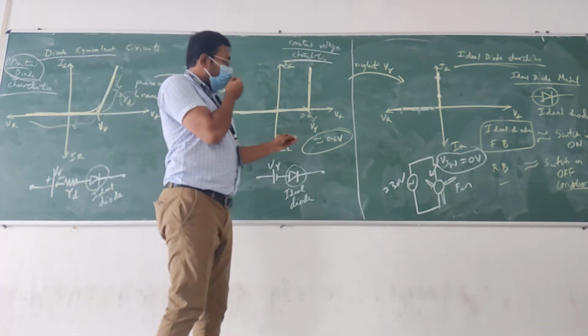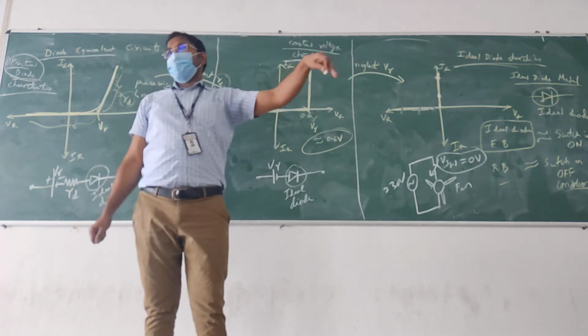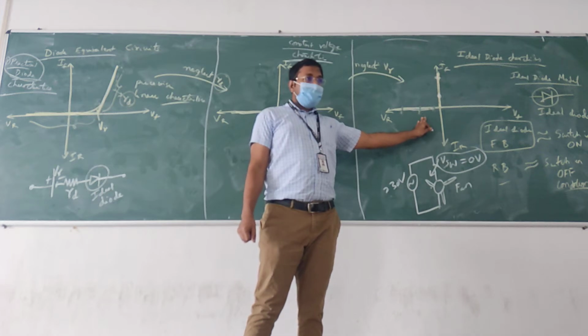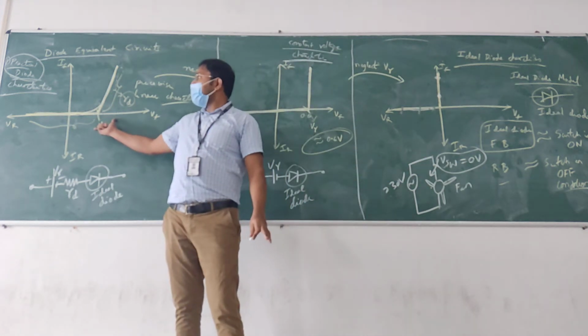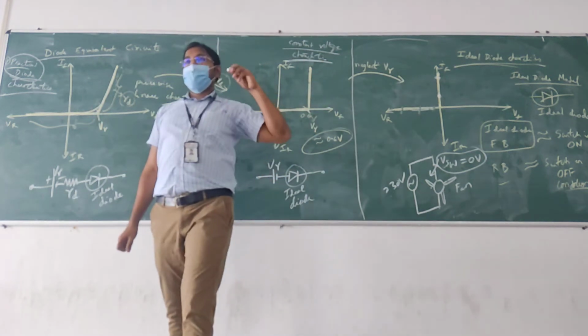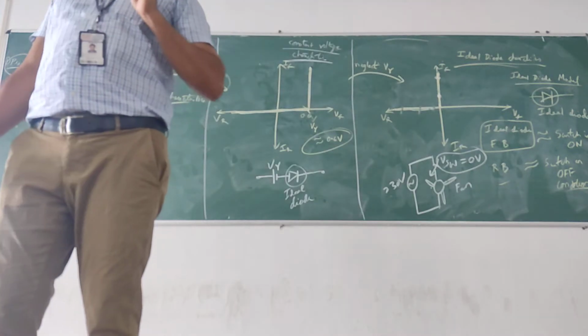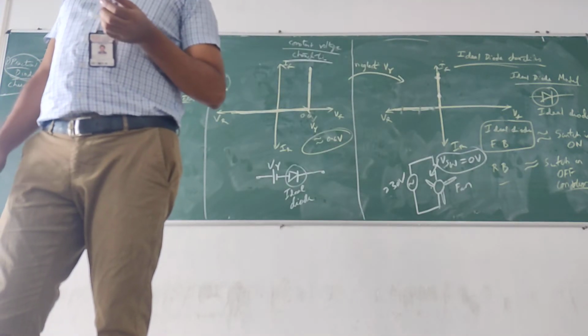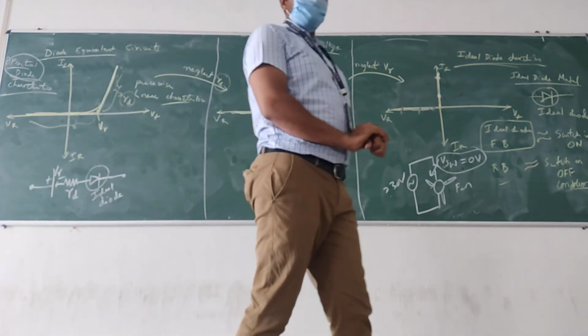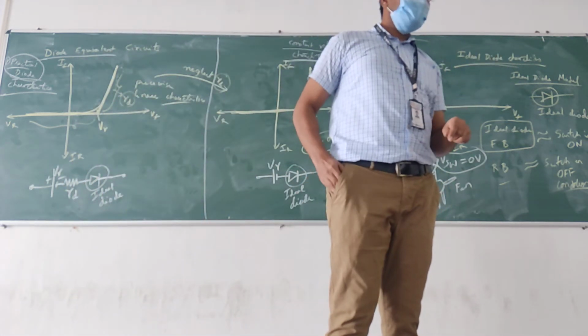Some problems they simply take 0.6 volt. This model they take, but we are losing much accuracy here. In other models we get accuracy but too many computations. Some problems they simply take this and solve, taking 0.6 in place of the diode. Easy. Anyway, it is based on what question is asked. I will give you the question, and you have to tell me which model to use. Clear? Still writing? Completed?